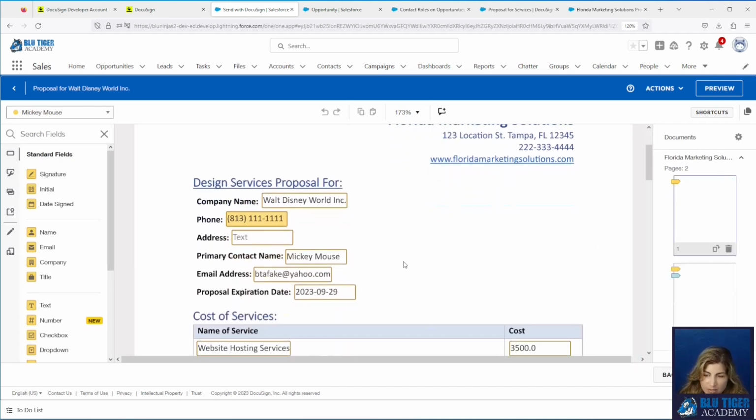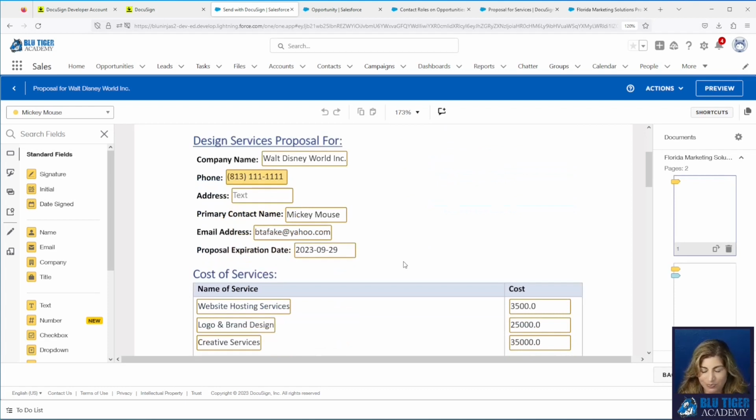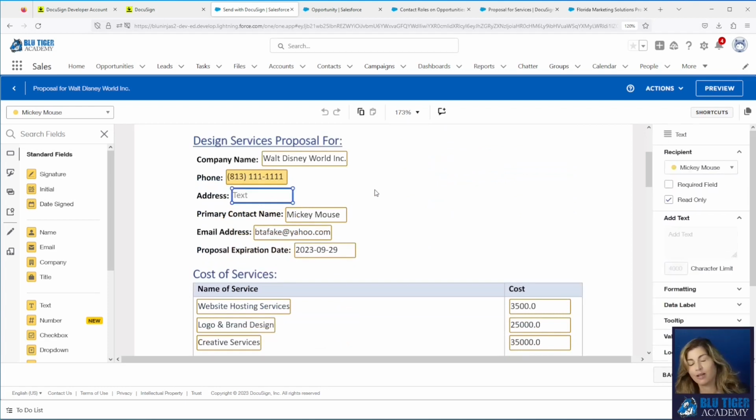Now there's going to be a couple of things that we got to fix in here that are yucky. So first, our address isn't coming in. So you'll notice we had that nice billing address field, and it's not getting populated in here. So that is a known feature, we'll call it. It's not a bug. That we will create a custom field for address that we can use to populate into DocuSign.